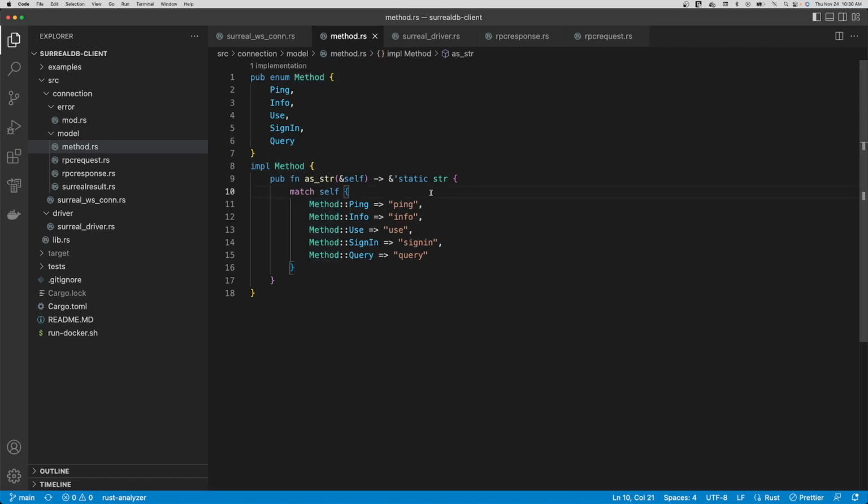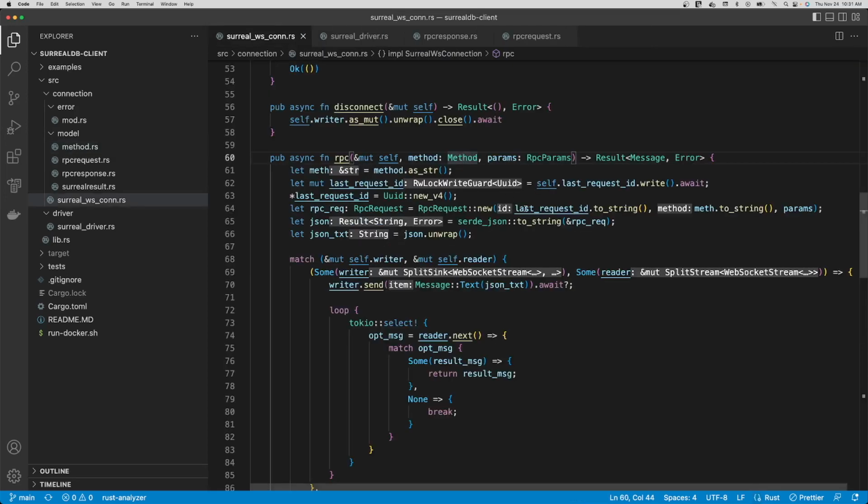Which is because that's what SurrealDB is expecting in the call itself. And as I said before, if it is the last statement and you don't have the return keyword and the semicolon, it means that you're returning. So then if we go back, the next thing that we have is a list of parameters